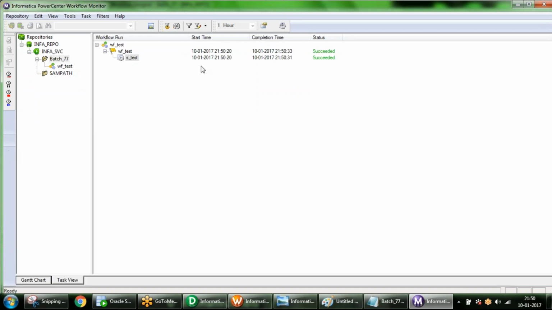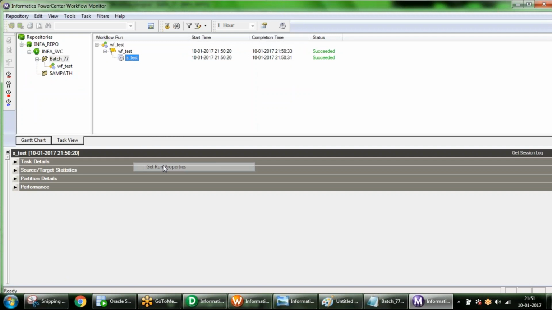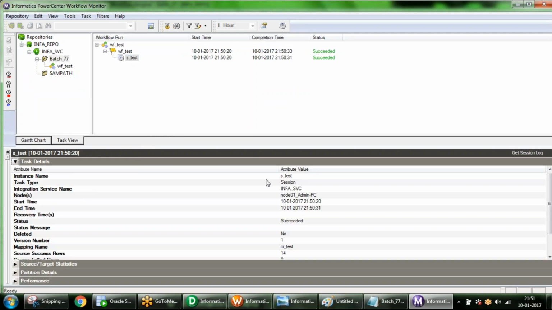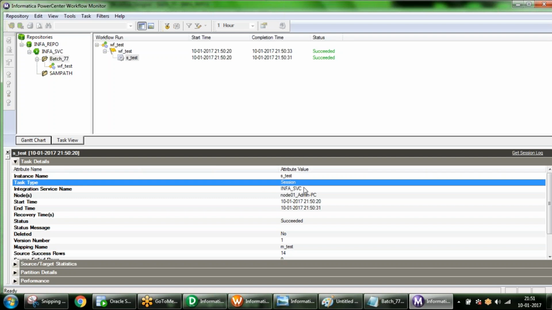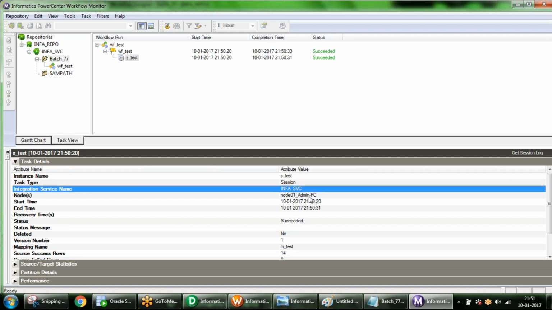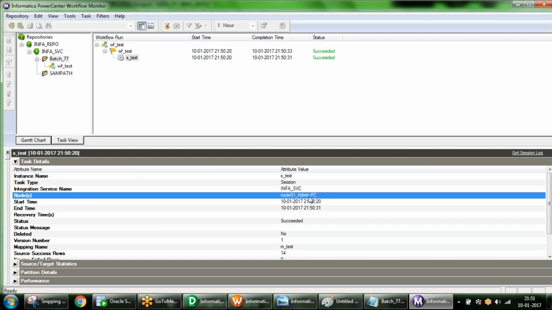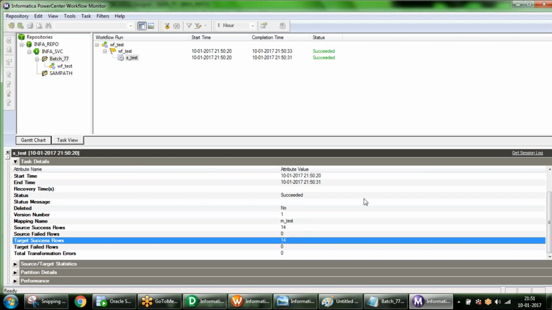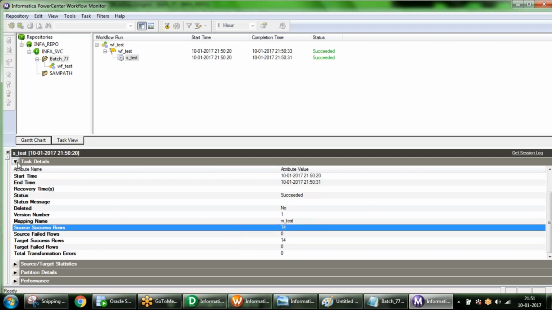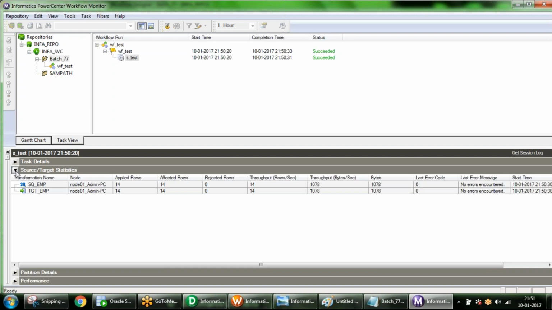If you see, this is your instance name, this is your task type session, the integration service name, where it is running, the backend nodes, start time, end time, whether it succeeded or not, 14 records and 14 records. Successful.